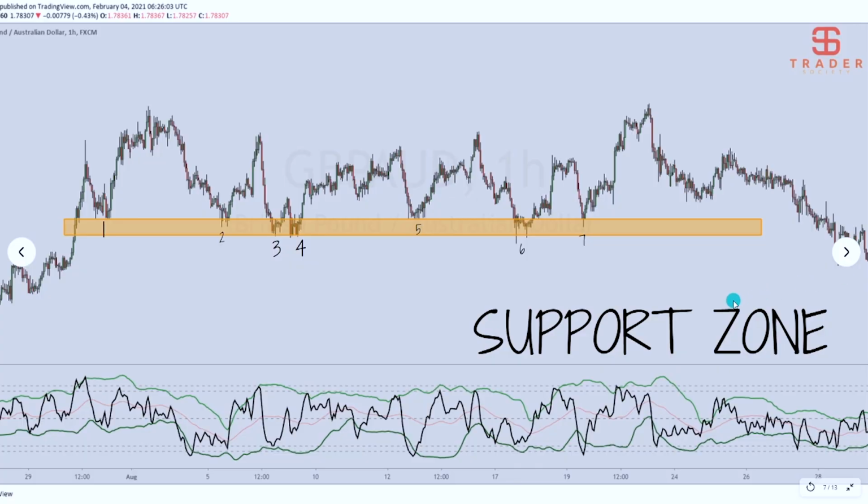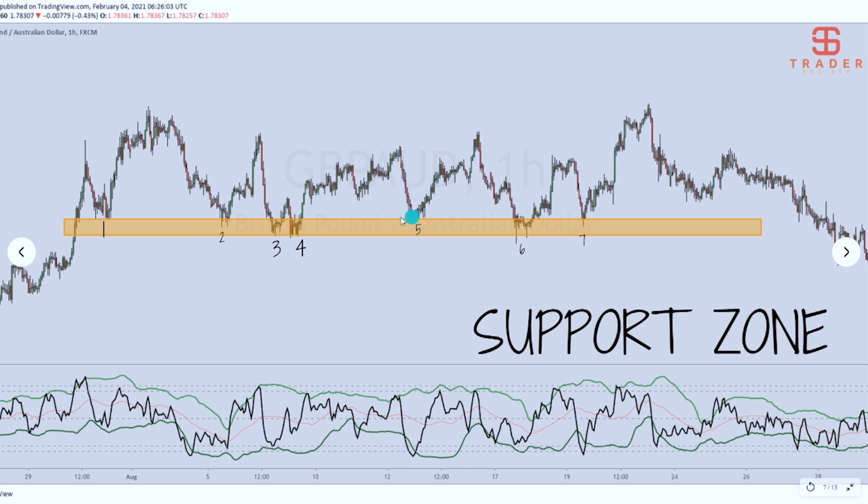So, as you can see, this is a support zone. The support, again, think of it as the floor. We have 1 right here. This is an area where the market rejected. Now it came back to 2, rejected that area again. Now it came back down and it kind of went past 2, as you can see here. So it didn't break this area, but it broke 2's level right here. It broke through, but it couldn't get past this area. Now it came back up, couldn't get through again,